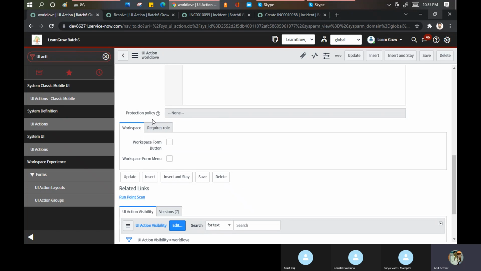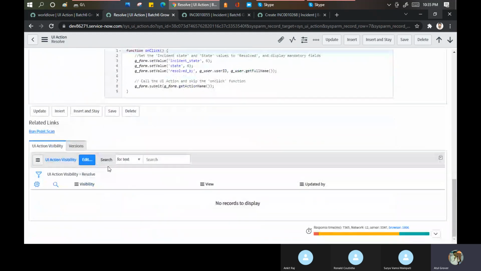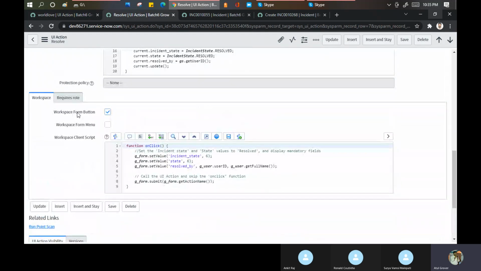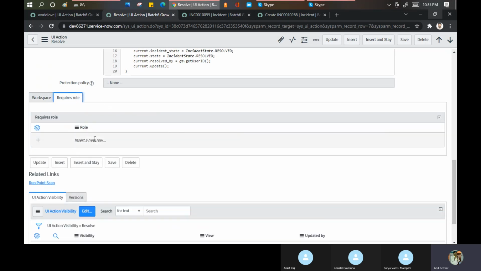So if you want to show that button there as well or not, if I go here, this says yes, show in the workspace form button, and this is the script to be used. Is any role required for this? They said no. For this button, anyone can access it. If you don't mention anything, it will be available for everyone.